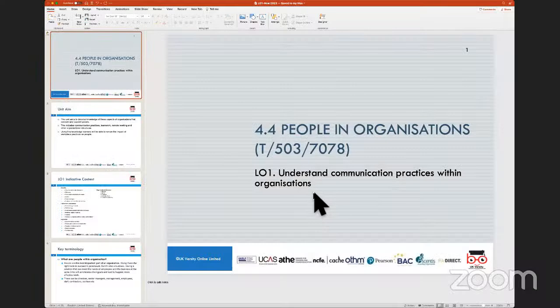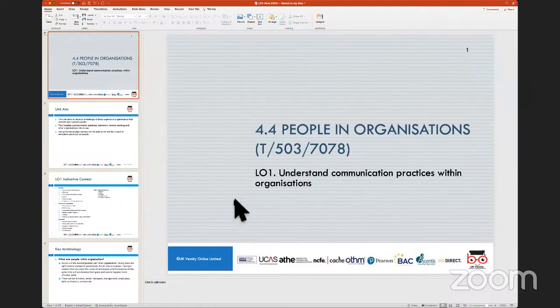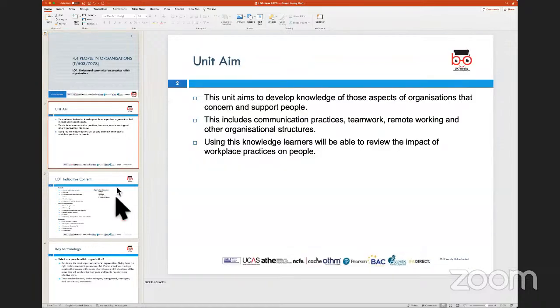I'm going to switch over to a presentation. These slides are going to be updated and available to you on Moodle. So for every session that I take, I will have some slides which I would prepare, and these would be available to you from Moodle, along with a copy of the lecture recording for you to review at a later stage.